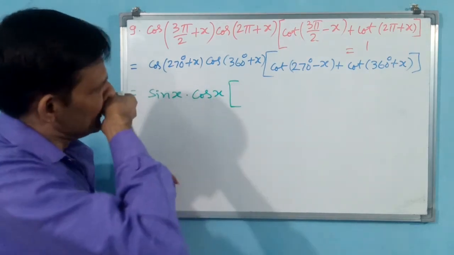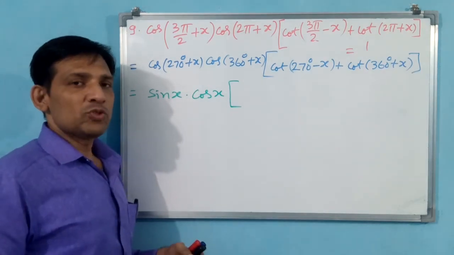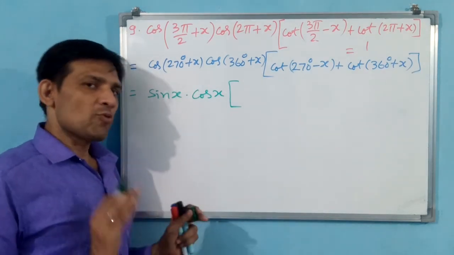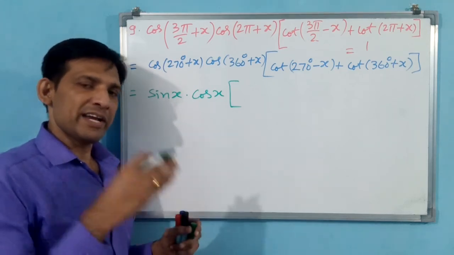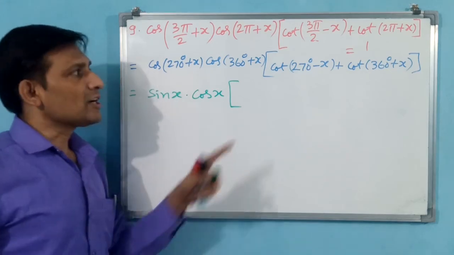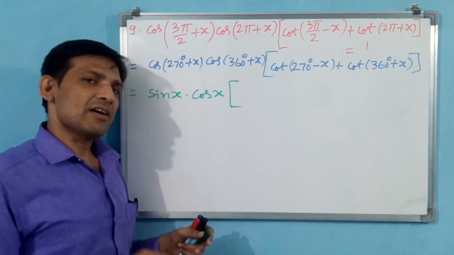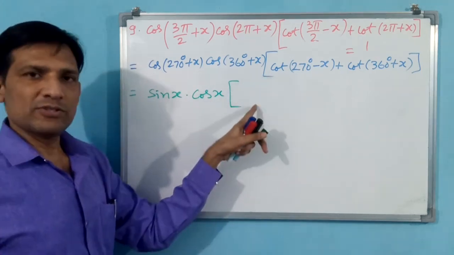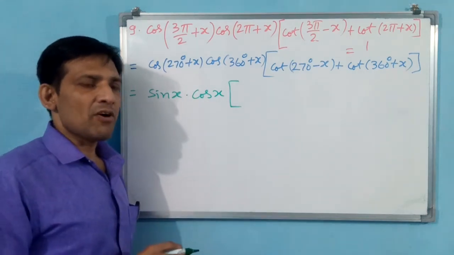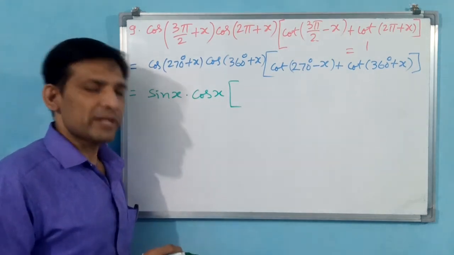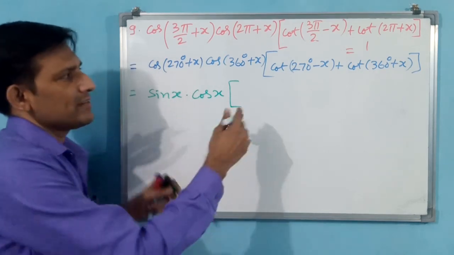Okay. Now you see 270 minus x. Cot(270 minus x). 270 minus means third quadrant only. 270 plus means fourth quadrant, 270 minus means third quadrant. 180 plus is also third quadrant only. In the third quadrant, tan and cot both are positive. That is why this is also positive. You need not write the positive symbol again. But what about 270? 270 is a vertical angle. Vertical angle means cot is going to become tan. You write tan x.